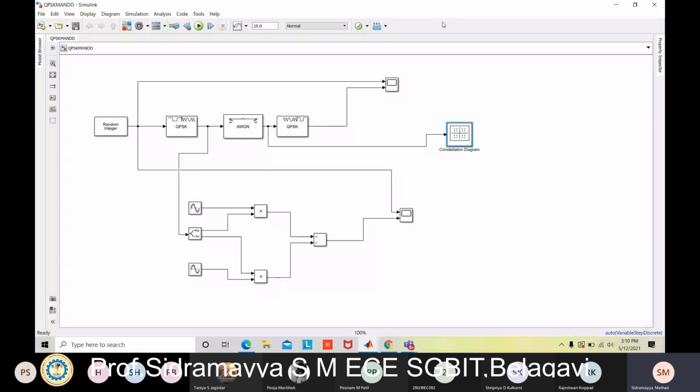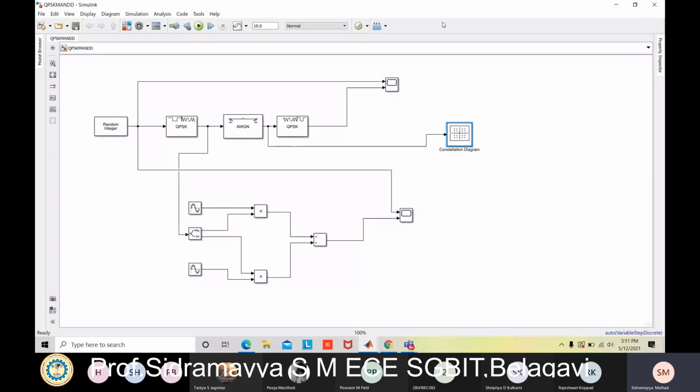I think we have completed the first experiment, second experiment, and in the 4th experiment there are 2 parts. One is QPSK transmitter and receiver, and another one is differential phase shift keying, DQPSK. That one we'll do in the next lab. If we complete that, it indicates that we finished 3 experiments of part B. Only 1 experiment is left in part B, that is just the comparison of all the digital modulation techniques. You can do that later, or if time permits, you can do it online.